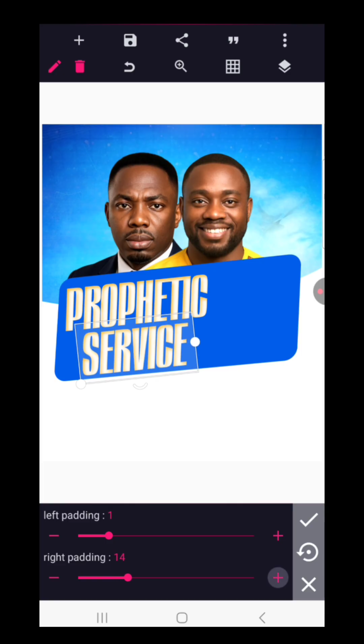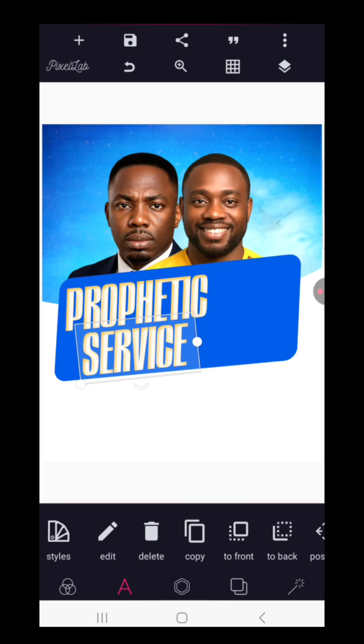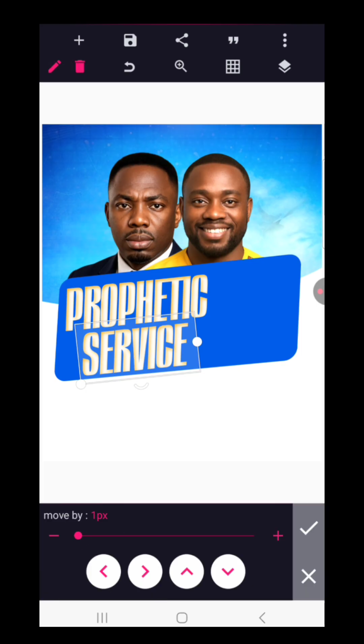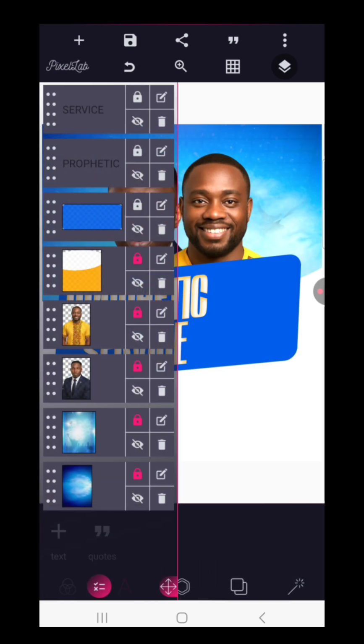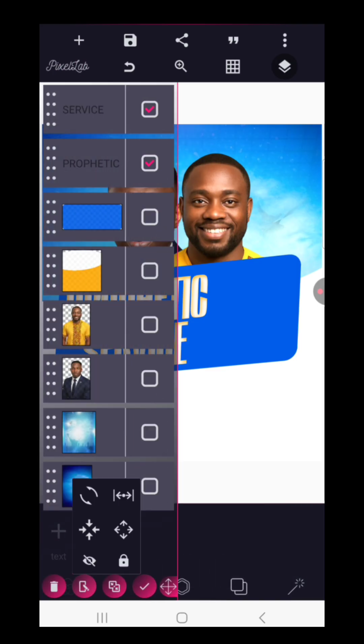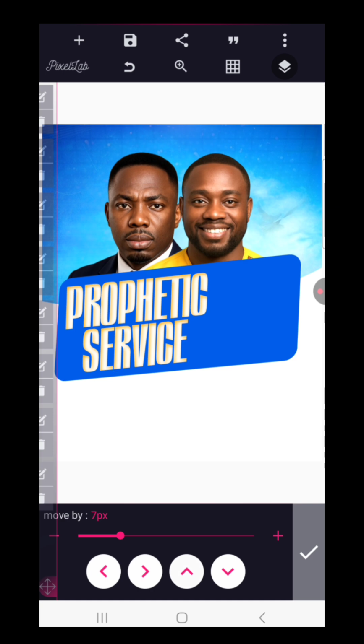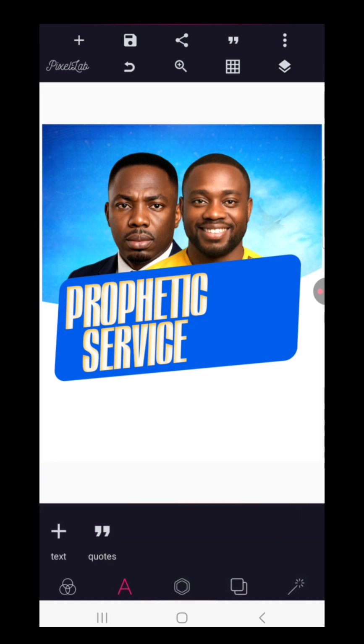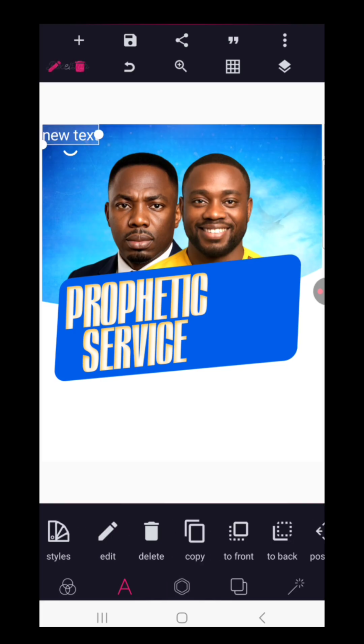Yeah, so go to padding and pad it to the right, because part of that text was missing. Okay, good. So we have this. We're going to select the two of them to make sure that they're in the middle of that shape. Good. I have prophetic service, and after doing this, I'm just going to go to my text again and write